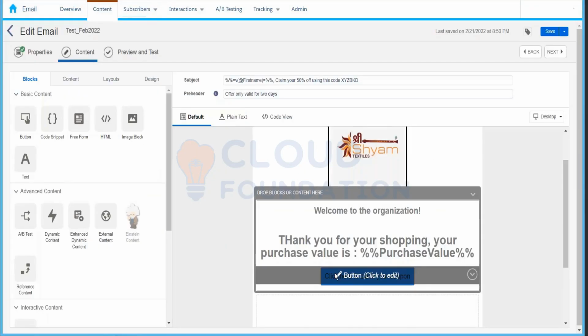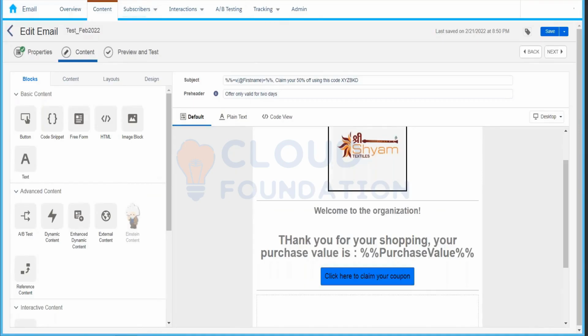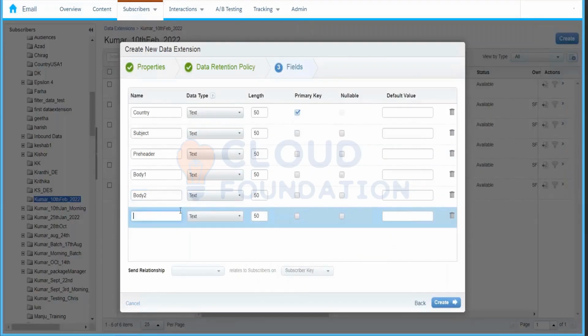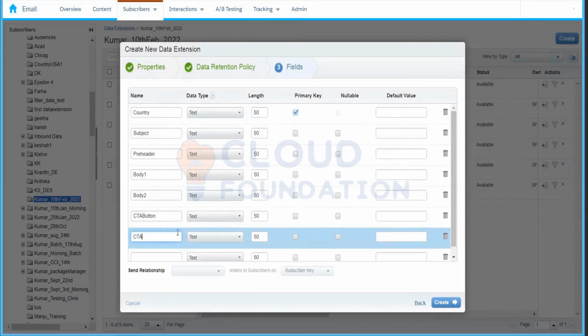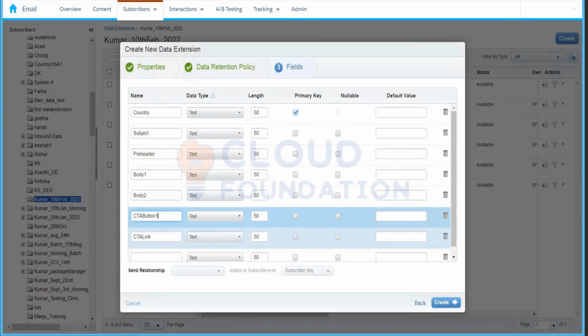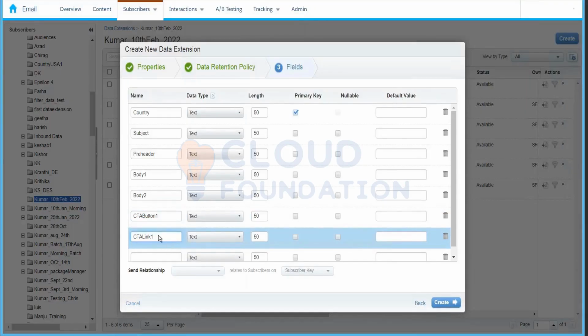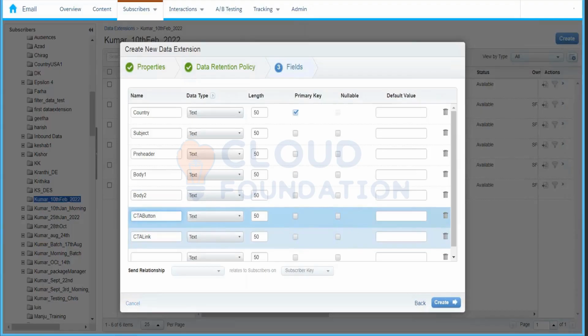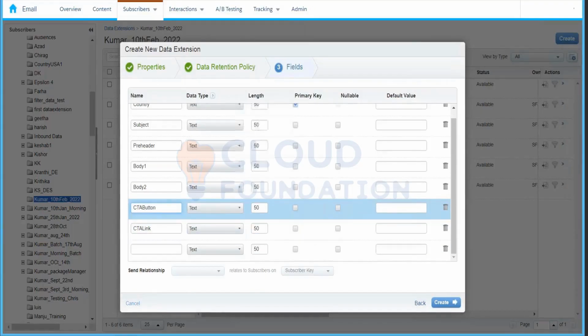And here we have a CTA button. We will create a field for the CTA button, and we are also going to store a link for it. In case you have multiple CTA buttons in your email template, you can say CTA button 1, CTA link 1, CTA button 2 and CTA link 2. We just have to create more fields in this content data extension. Once we do that,